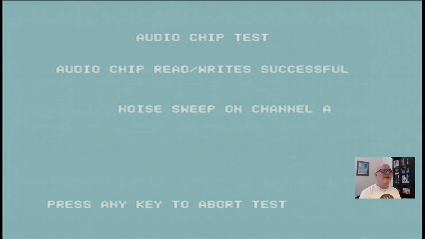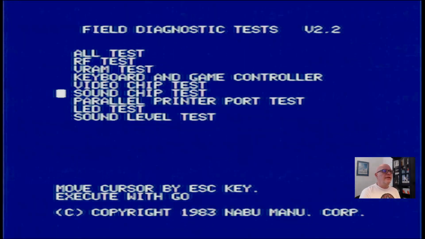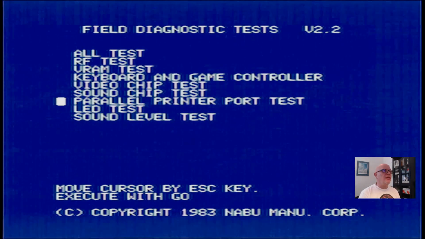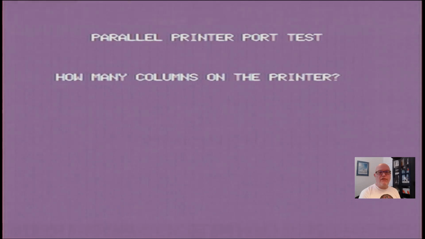And then we have noise sweep, channel A, B, and then channel C, explosions. Oh, gunshots. Oh, who's firing? And that's it. Then the next test is the parallel printer, although I don't have a parallel port or printer